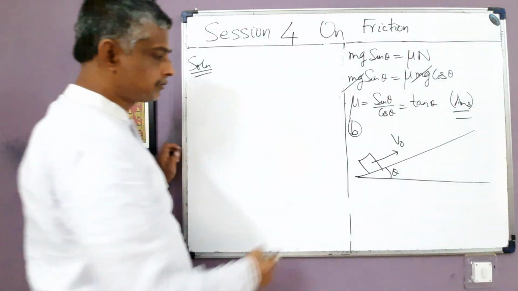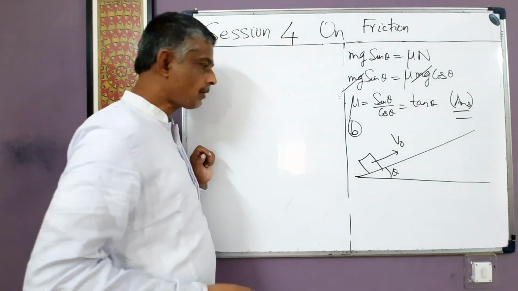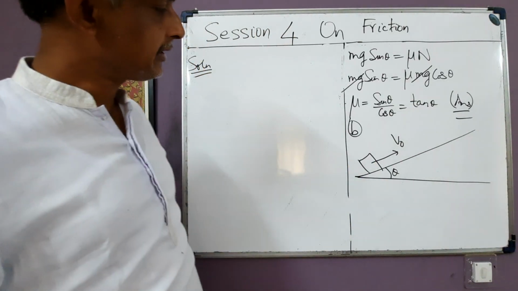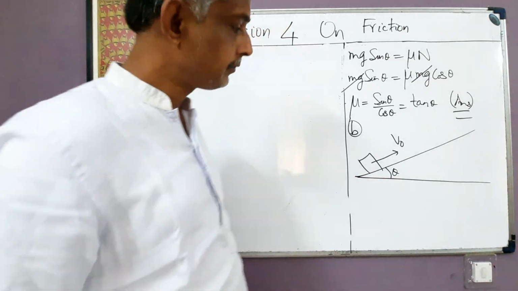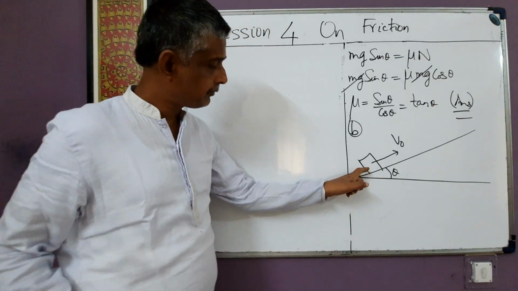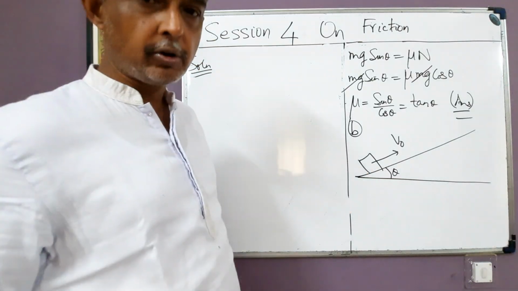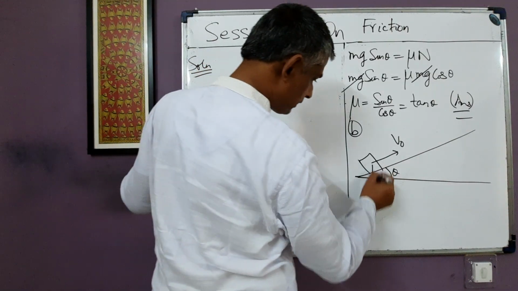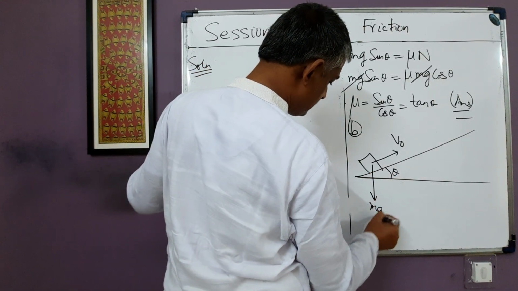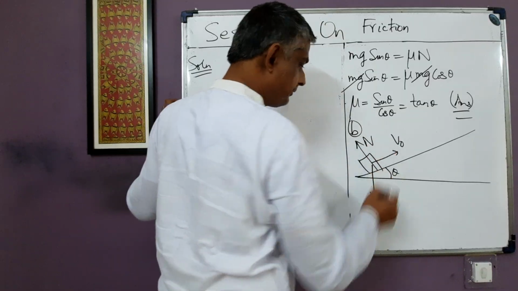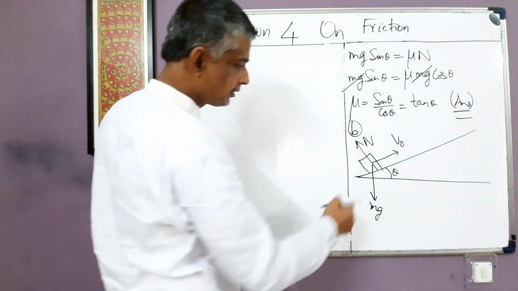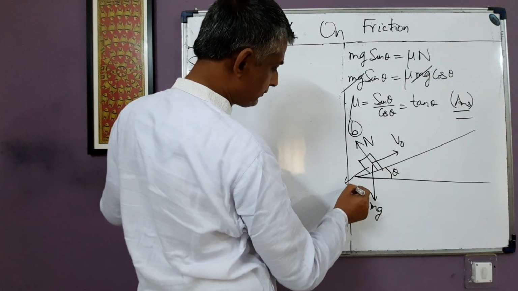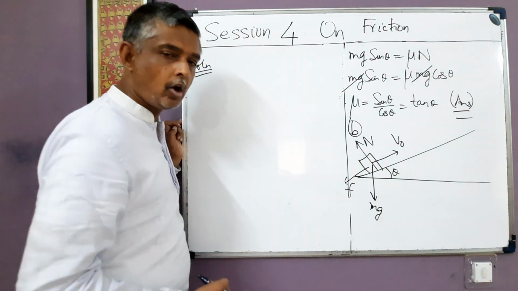Now, so again, what we do first in this case, while the block is moving up the inclined plane, we find the acceleration of the block, its magnitude and direction both. For that, I first draw the free body diagram of the block. What are the real forces acting? Mg, N, and the block is slipping up with respect to the rough inclined plane. So the rough inclined plane will exert a friction force F on the block down the incline, opposite to the direction